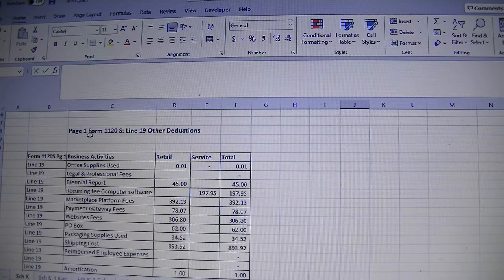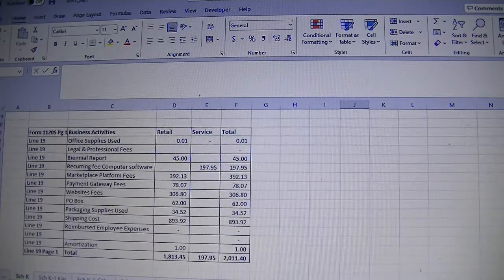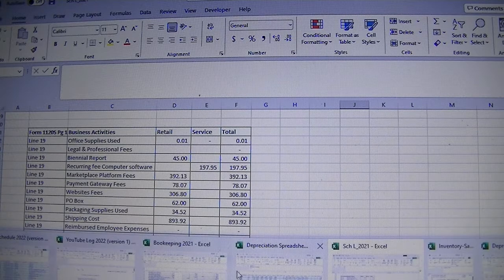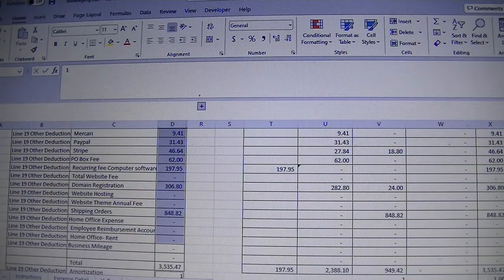You only need page 1 form 1065 line 20 other deductions, and you'll have the detail. You'll notice that it's smaller here than it was on our other spreadsheet. Close, because we didn't group it too much, but